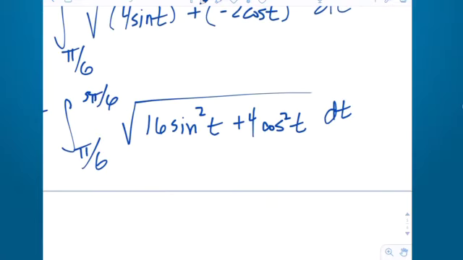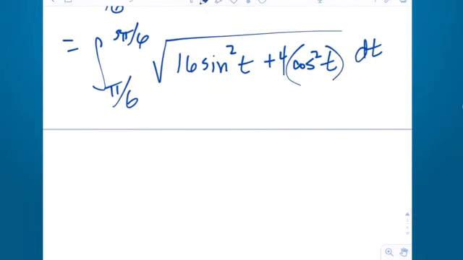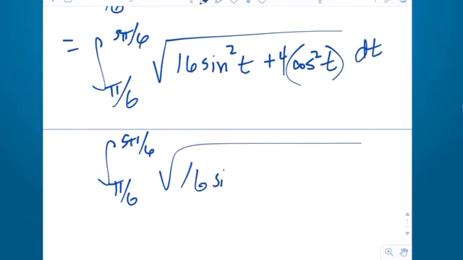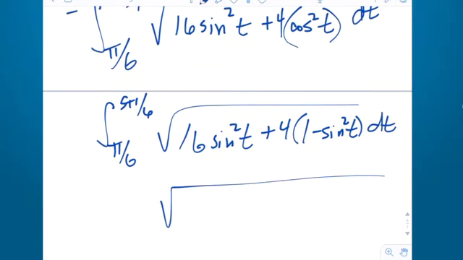And what they might do, what you could also do, is you could use Papa Pid. You could replace cosine squared with 1 minus sine squared and distribute the 4 and combine like terms. You can write the radicand exclusively in terms of either sine or cosine. Let's do that. This is all multiple choice playing around here. 16 sine squared of t, that would be plus 4 times 1 minus sine squared of t, using Papa Pid. And now if I distribute, I'm going to get a 4, and I'll have minus 4 sine squared. So the 16 sine squared minus the 4 sine squared can turn into a plus 12 sine squared of t